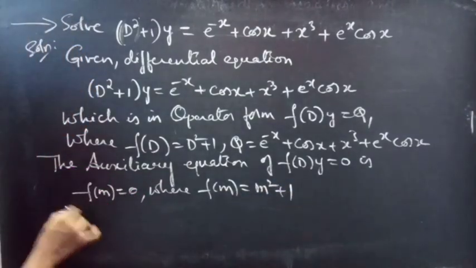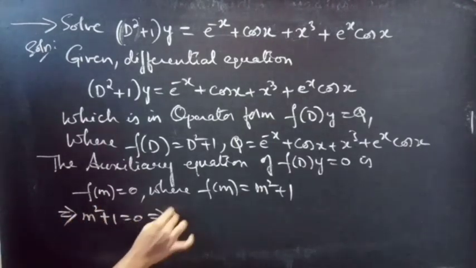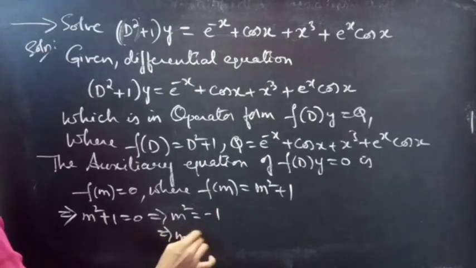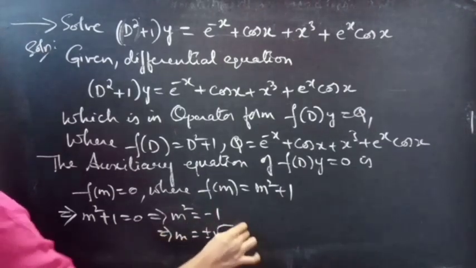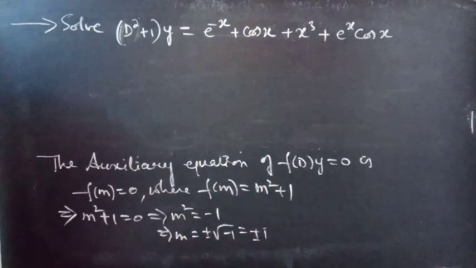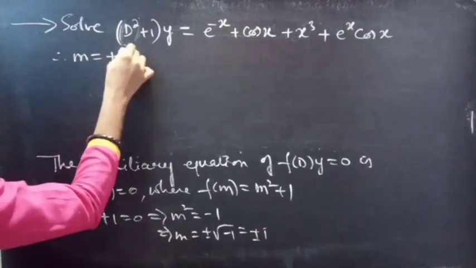Then our auxiliary equation becomes m square plus 1 equals 0, then m square equals minus 1, then m equals plus or minus square root of minus 1, which equals plus or minus i. Therefore, m equals plus or minus i